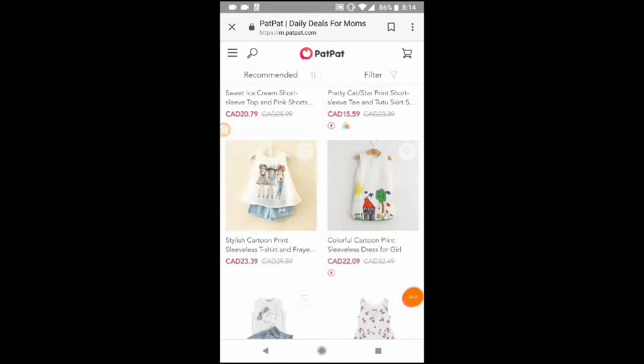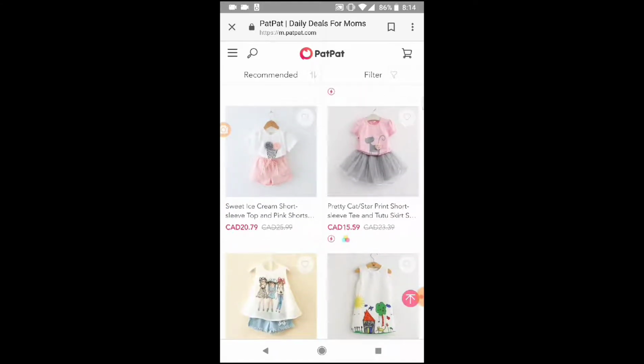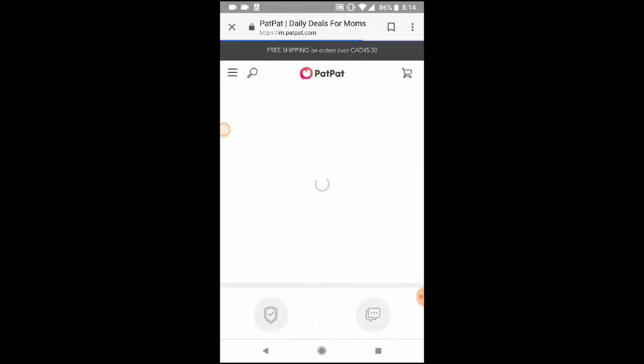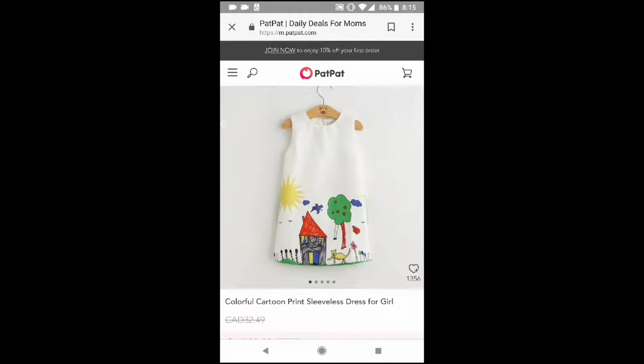Here's a quick tutorial on how to use an image search to find whatever you're looking for from something like a website like PatPat or Amazon or wherever. Apparently there's all sorts of stores out there. So if you go in here and find one you like the look of, take a screenshot of that puppy,